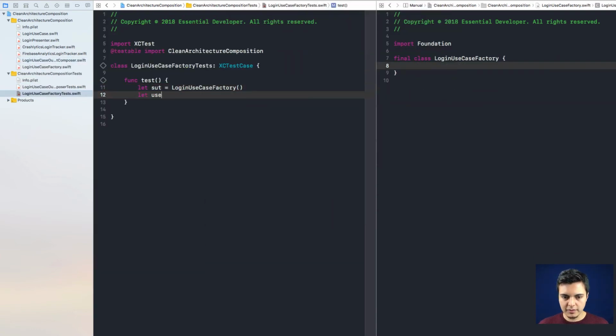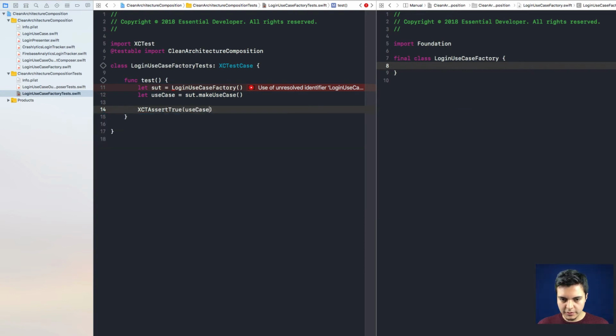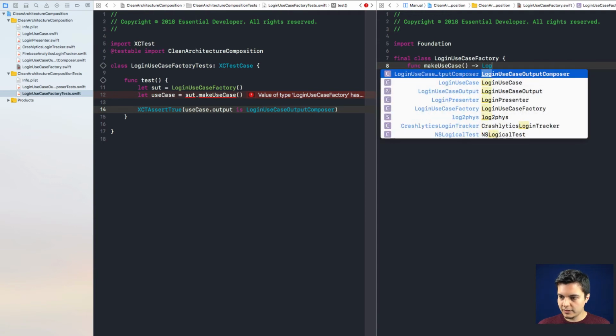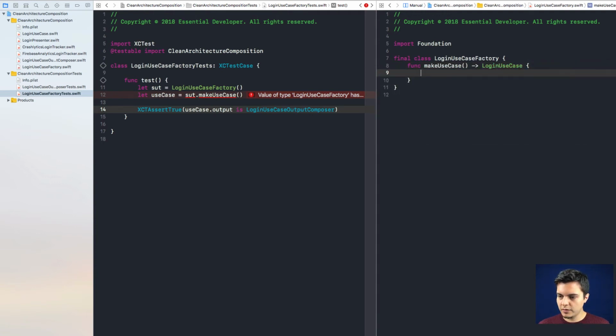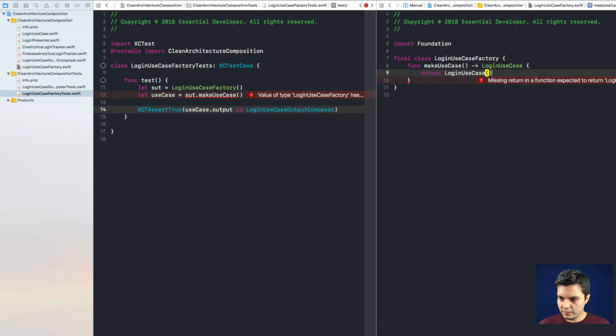So let's create our use case. Something like make use case, or create use case, or create login use case. And let's say XCTAssertTrue use case.output is a composer. Okay, let's implement the make use case function, and this returns a login use case. Great. So let's return our login use case with an